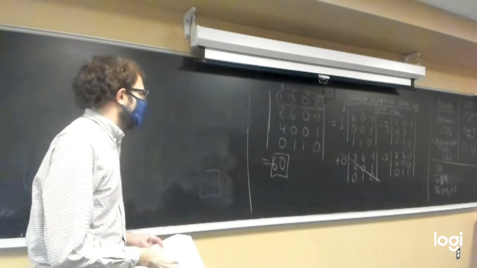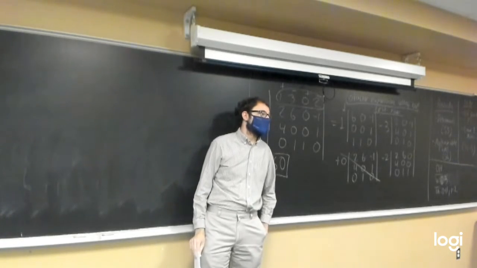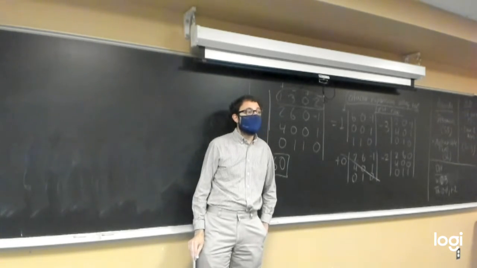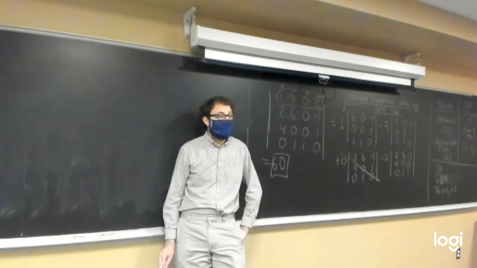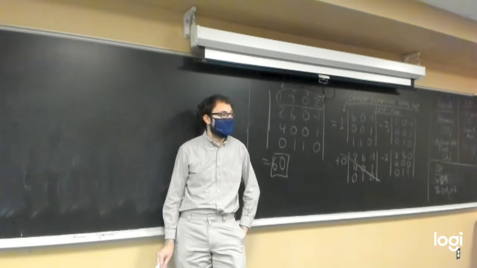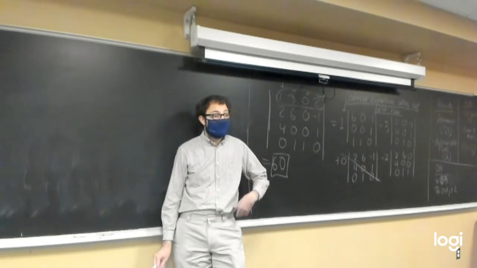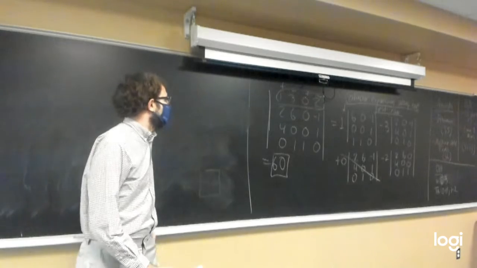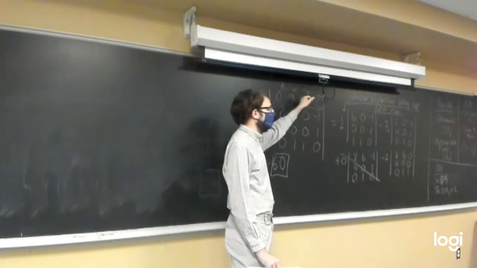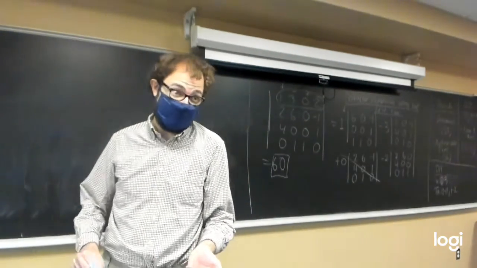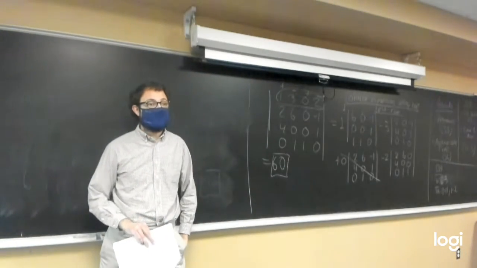So here's how the easier method works. Take a look at your matrix to start off. Try and pick a row or column of your matrix that has a bunch of zeros in it. Does anybody see a row or column that has a lot of zeros in it in the original matrix? Yeah, column 3. There's a couple rows with 2 zeros in them, but I like column 3 the best because it has 3 zeros in it. And what we're going to do is cofactor expansion along that